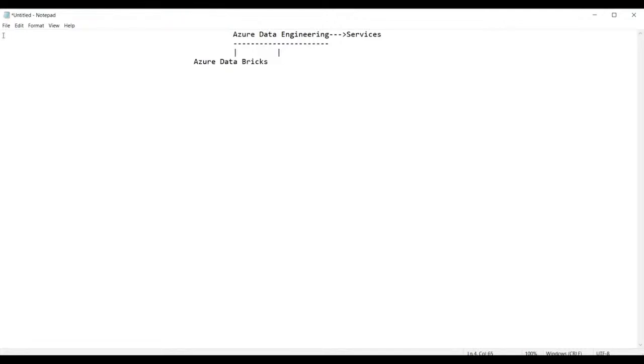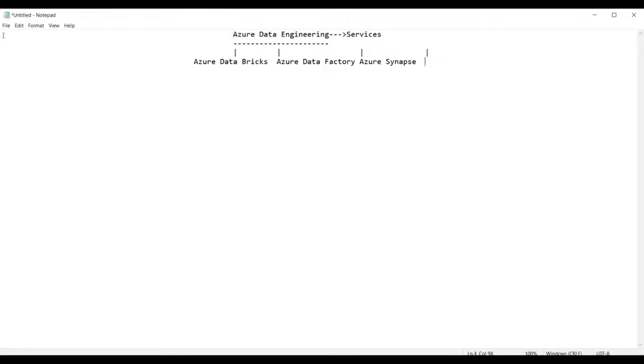We have Azure Data Factory. And apart from this, we have the next service called Azure Synapse. Many services are there, but I'm listing a few of them.